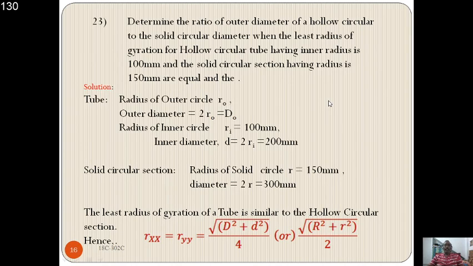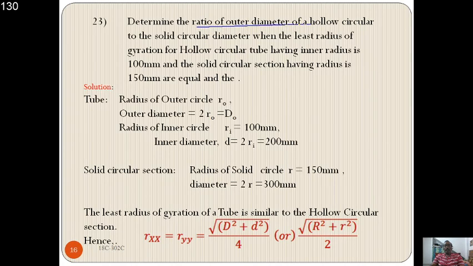Now move into the atypical level of the question. Determine the ratio of outer diameter of a hollow circular to the solid circular diameter when the least radius of gyration for a hollow circular tube having inner radius 100 mm and the solid circular section having radius 150 mm are equal, and that means he is asking about the ratio of outer diameter of hollow circular section